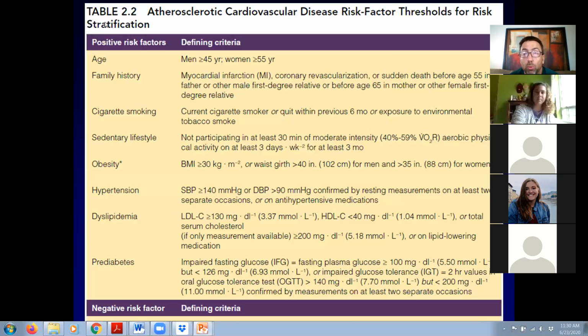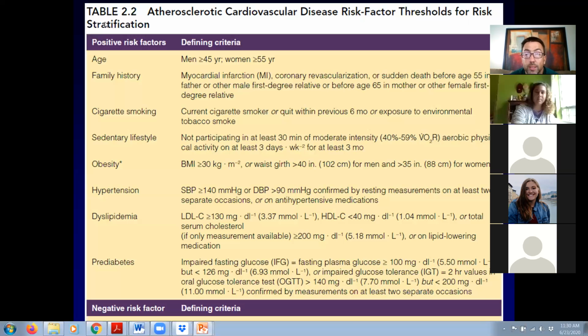Most of you guys probably don't know what your blood pressure is, okay? You probably haven't had two resting measurements taken on a couple of occasions in the last like 6 months for all of this. So we'll talk about how we deal with things we don't know about in just a few minutes, okay? But that's hypertension. So if you're hypertensive, that's a risk factor. The last two are the ones that have the most kind of confusing numbers associated with them, but they're also the ones that typically a normal person will have no idea where they fall on these two.